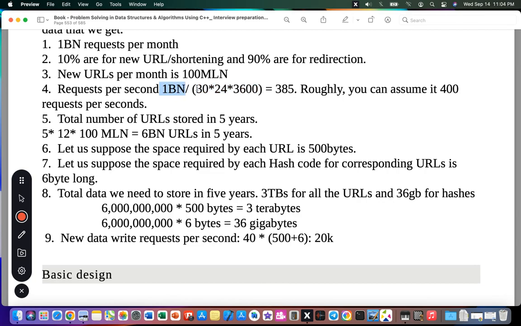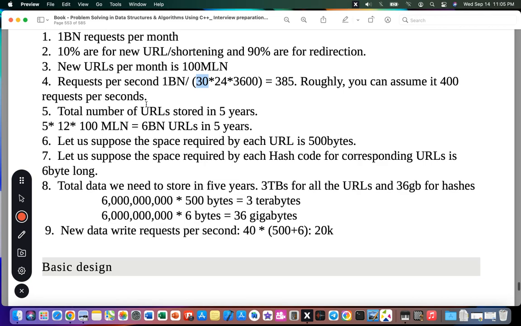The month is 30 days, the day is 24 hours, the hour is 3,600 seconds. Roughly, you can assume 400 requests per second. So pay attention to this roughly, because not all the months are 30 days. Let's proceed.